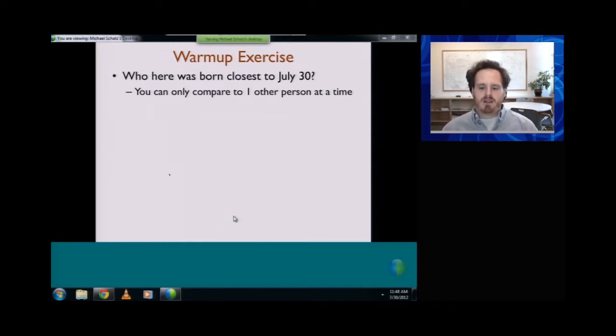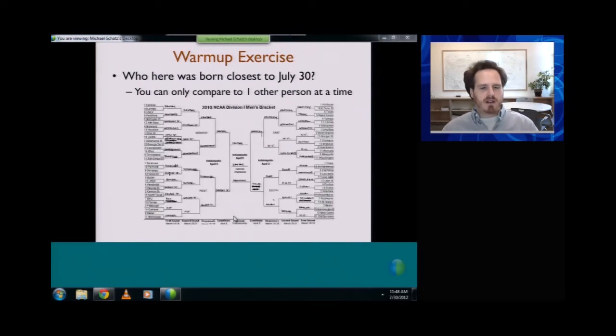The key idea for making this work is we're going to organize everybody on this conference into some sort of bracket, some sort of tournament setting, where you compare to, say, the person sitting next to you. Then you'll find who was born closest today in your part of the room, and then each of the different sites will figure out who was born closest today. And then finally, we can have some high-level communication where just the different sites communicate with each other to figure out who is closest today. So in this case, we have a bracket tournament of 64 teams, and in just 6 rounds of parallel computation, we can find the winner.